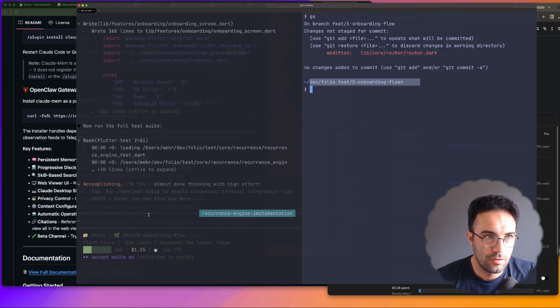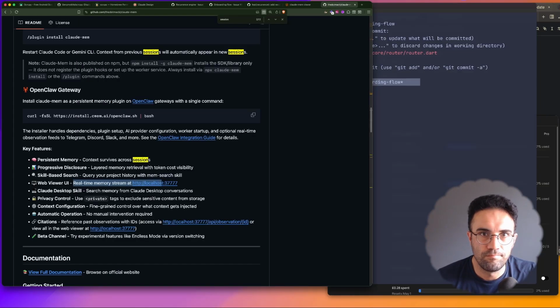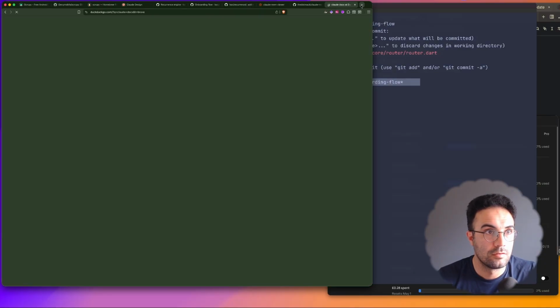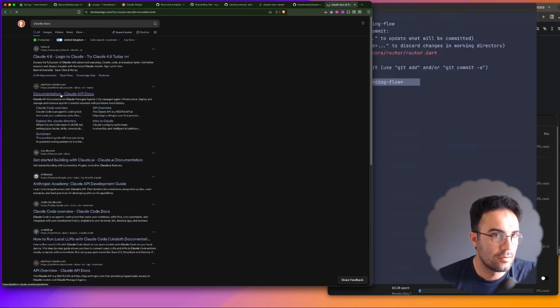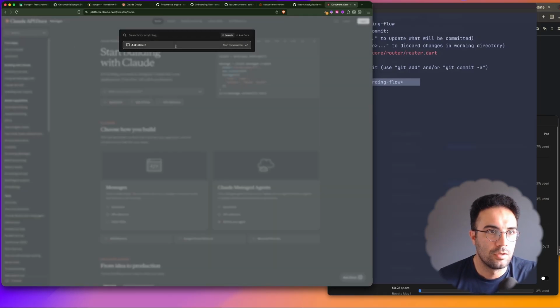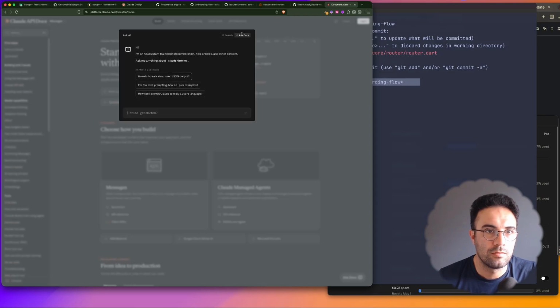Something that I don't know is the effort. I'm not sure if I change it, is it going to take the user session quicker or not? Let's find out. Claude docs. We are going to search. Do you have a search? You don't have a search. That's not good. Oh, there. So if I use a different type of effort, is it going to take